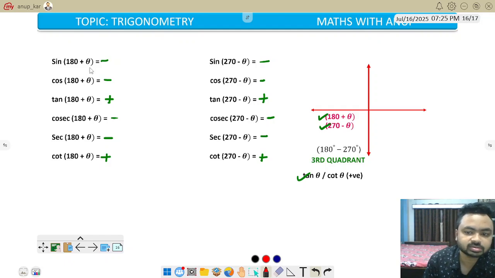180 plus theta means what? It will be in the third quadrant. So 180, as it is an even multiple of 90 degree, the ratio will not change. So you can write it down as sine theta, cos theta, tan theta,